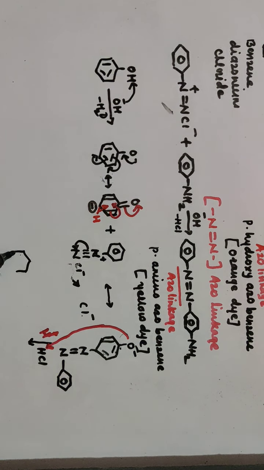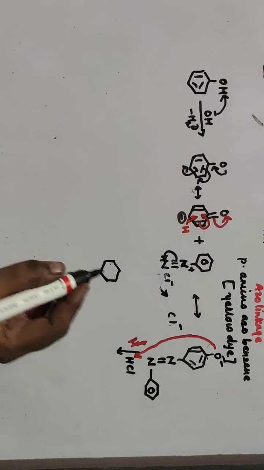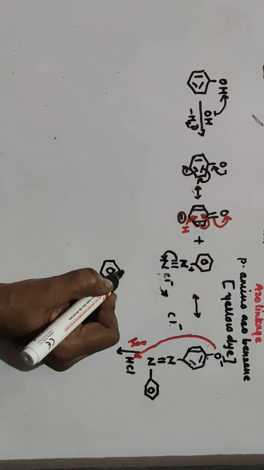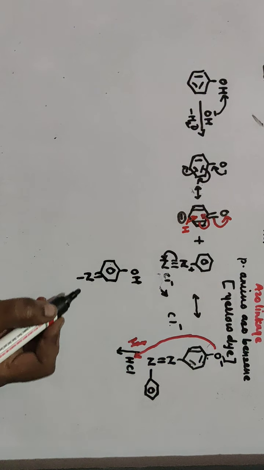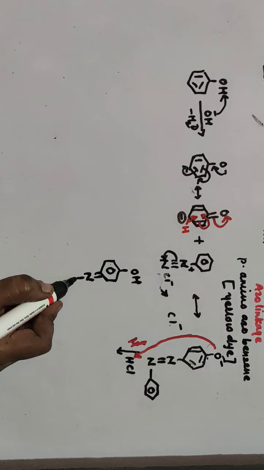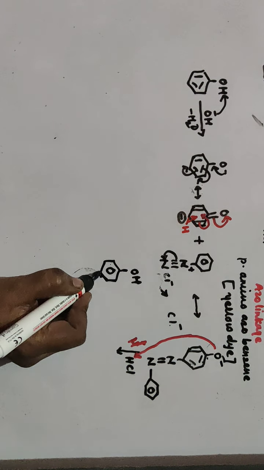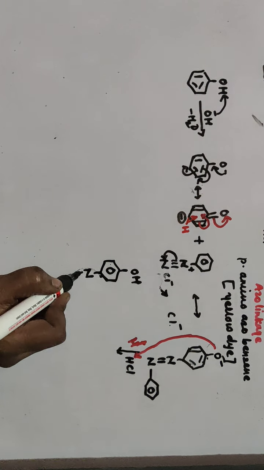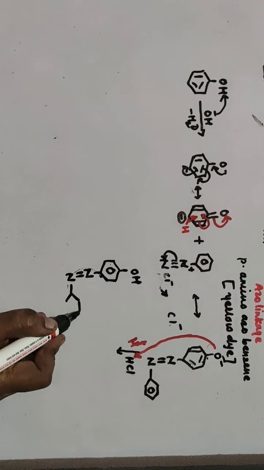I'll write here, that is C6H5 OH double bond N, then C6H5 N double bond N C6H5,